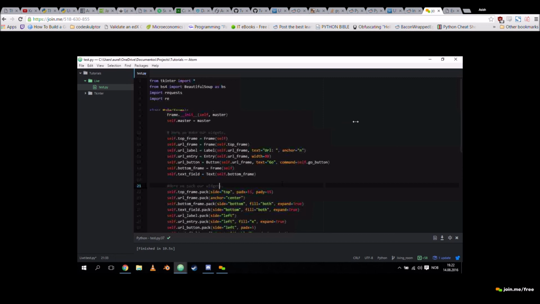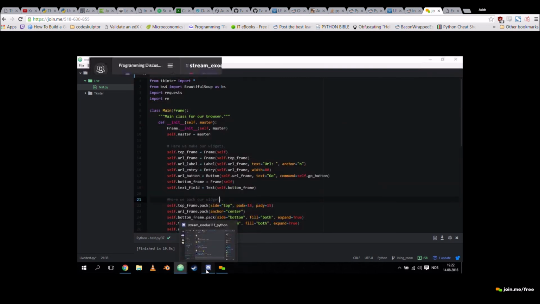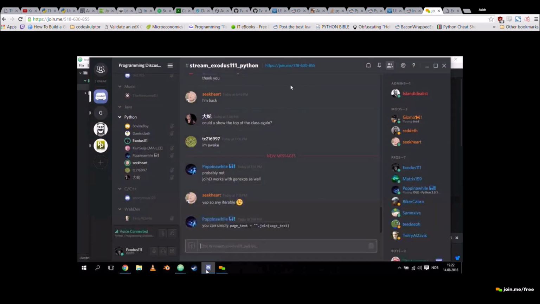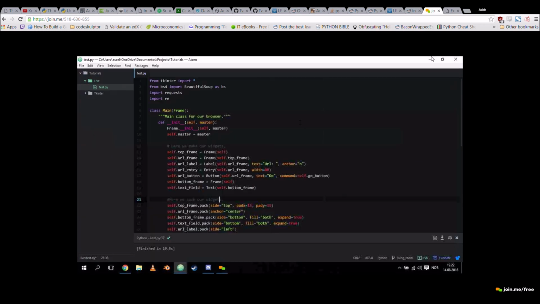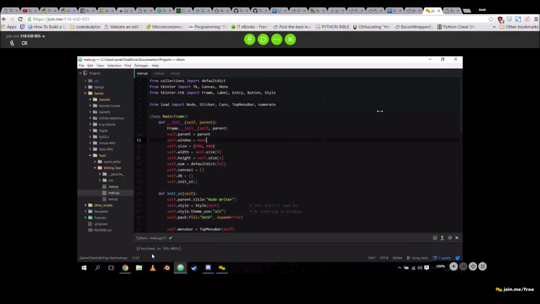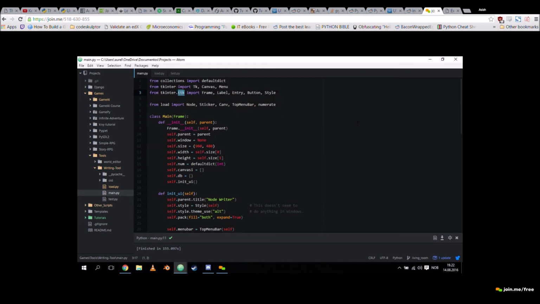So as a last thing, let me also show you the other project that I've been working on. Let's see here, this one, that's the one. So here I'm importing from ttk, not tk, right? So the things that I have to import from regular Tkinter is Tkinter, which is the main, the root, right? Canvas and menu. And I also have to import text. But here I import from ttk. Actually, let's do that in our application.